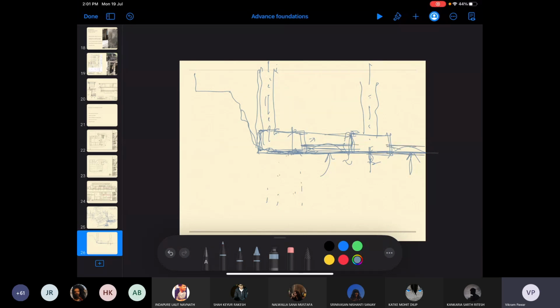And the raft will have plinth beams over here. So I'll draw this over here. So this is my raft, and there are beams which are connecting one pile cap to the other, and there is an inverted pocket which is created over here, right?